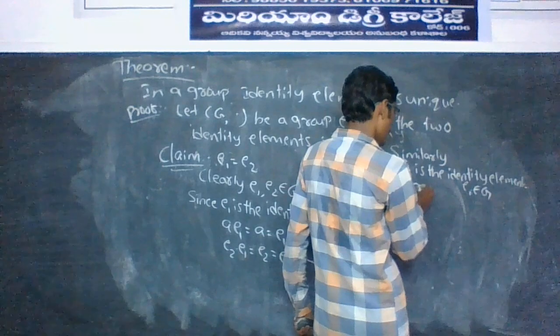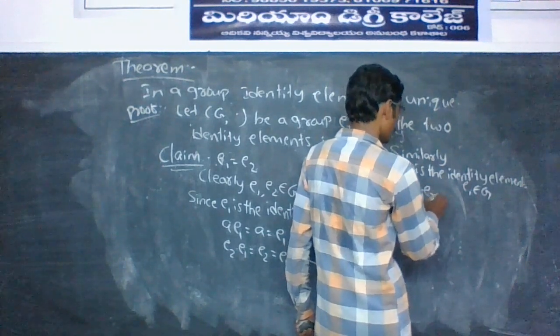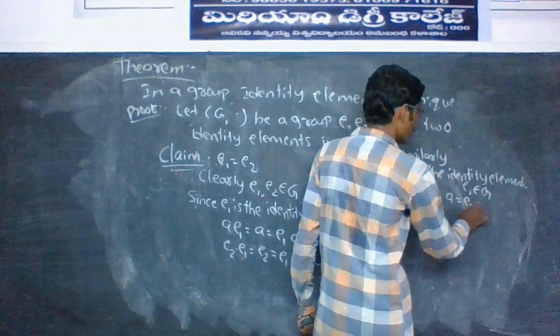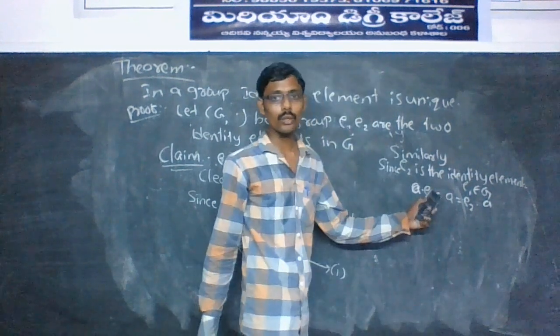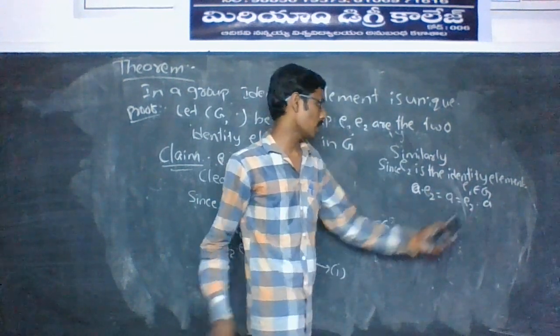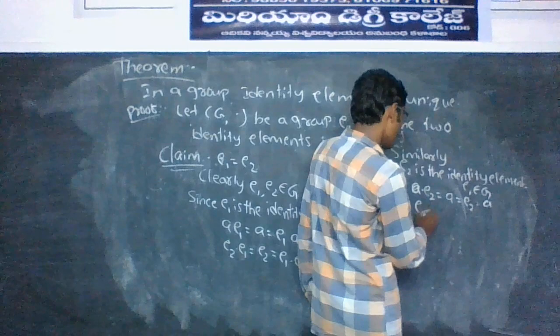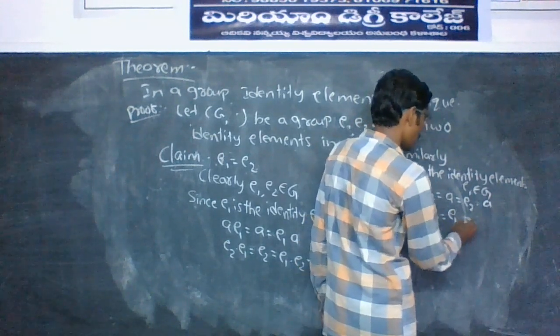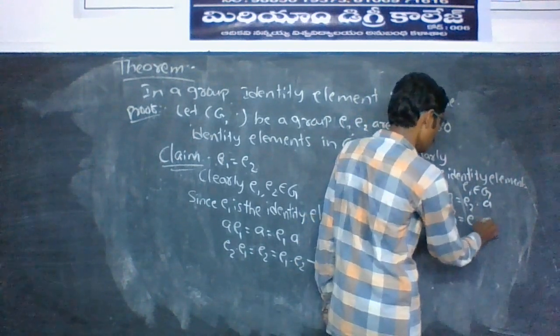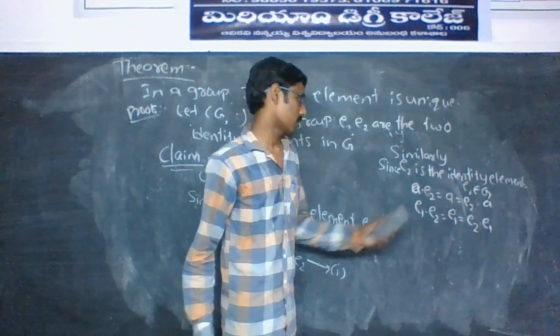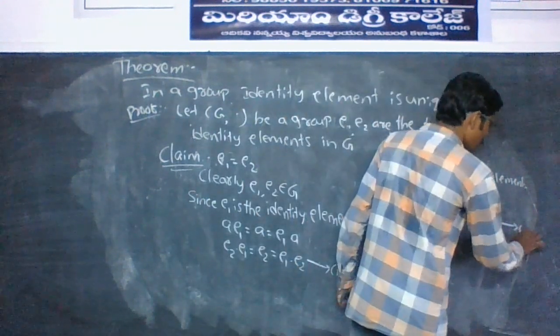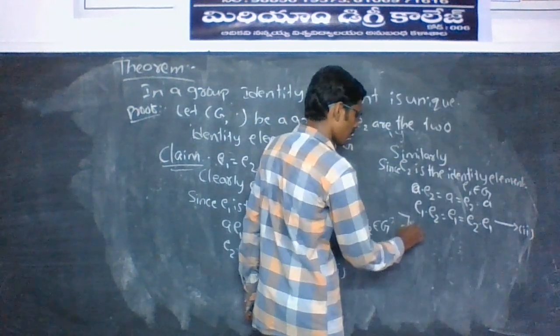So E2 = A = E2 · A. E1 is any element, so E1 · E2 = E1 = E2 · E1. Replace A by E1 from equation number 2. From 1 and 2,